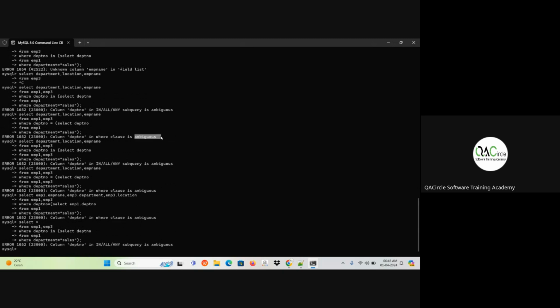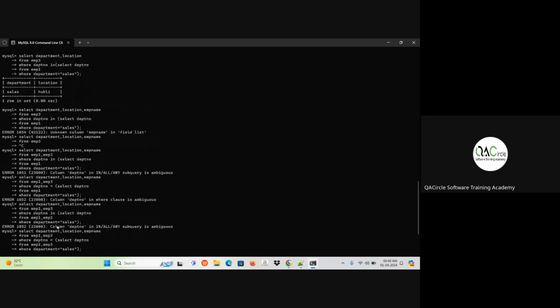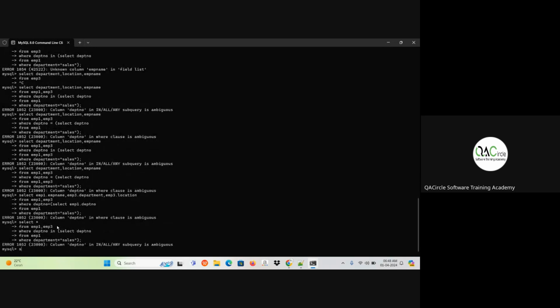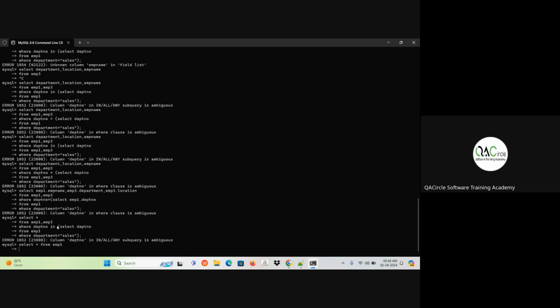Ambiguous is nothing but confusion. So I think we should write this query that way. Select star, since they have asked to display all the employee details, from EMP1, where condition is